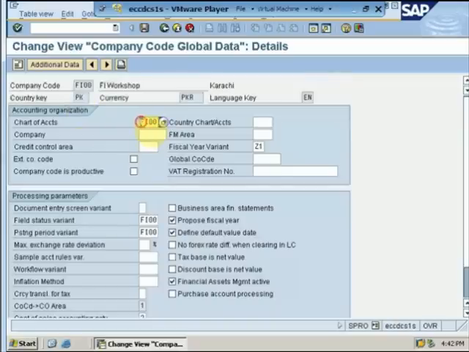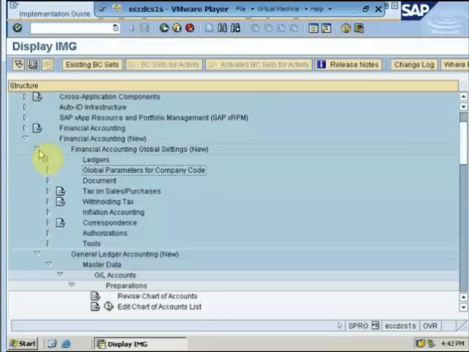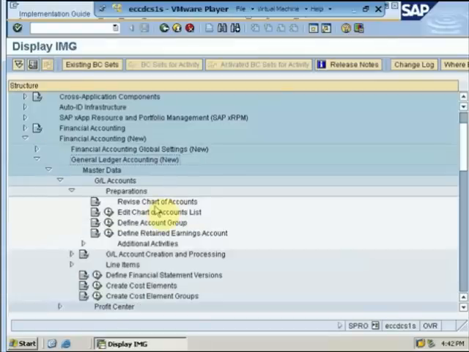here you see, from here we can assign the chart of account that we created to this company code. As you can see, a lot of information that was entered during the creation of the company code has been automatically derived. For example, the country, the currency or maintenance language, and a 4-digit company code identification. Once I have assigned the chart of account over here, by clicking save, the system will save all the properties. Now that we have defined a chart of account, configured it and assigned it to our company code, we'll move on with our topic of journal ledger and financial accounting.